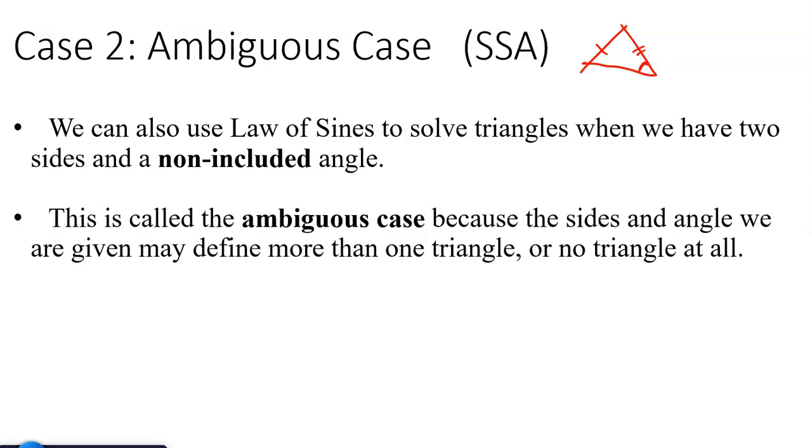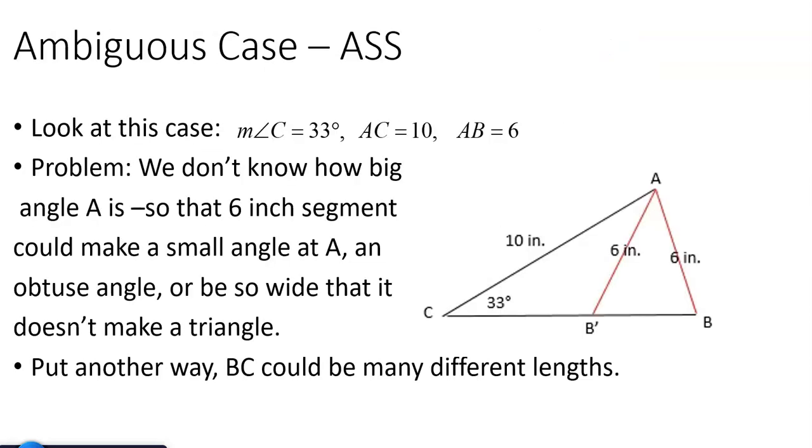It's called the ambiguous case because the information we have might describe one triangle, two triangles, or maybe no triangle at all. Right? Just the given information may not determine a triangle. So look at this case. Measure of angle C is 33 degrees. I know the side of AC, and I know the side of AB. But without that angle in between anchoring that third side, that red segment that you see in the slide here,